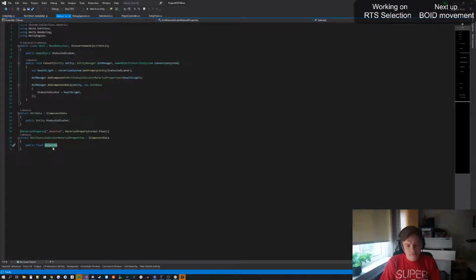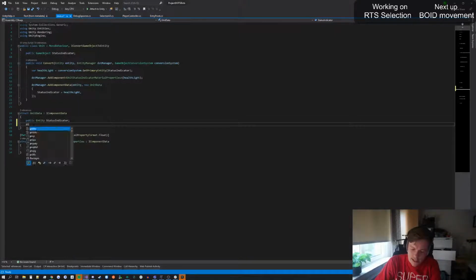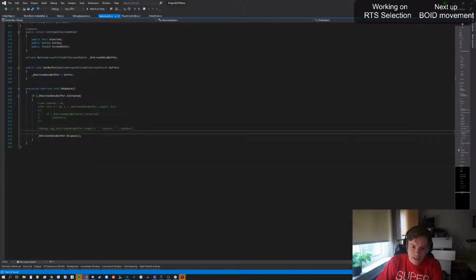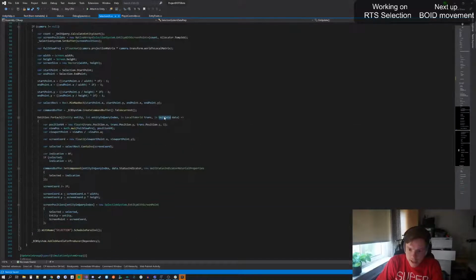We could use this, but I think it's cleaner to have something in the actual unit data that says we are selected. So we're going to have a duplicate of this information, but this is really just for the rendering. So we're going to make a selected field, just to make it easier for us, and it's not a big deal. And we're going to push this data every frame in any case. Unit data in, and let's